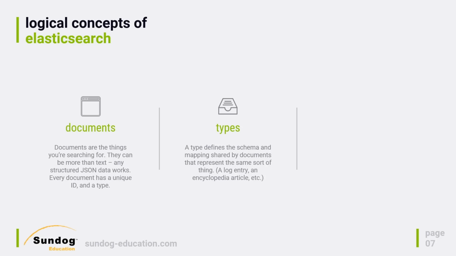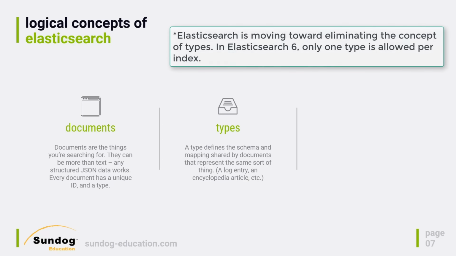Or you might have a type that represents an encyclopedia article, for example, that represents things like the text of the article itself, the author of the article, the date the article was written, whatever else there might be, the title of the article. So you can think of a type as a schema. And again, if you take this back to a database analogy, it's a lot like a table, where you define the individual columns that are in a given row, or a document in our terminology.